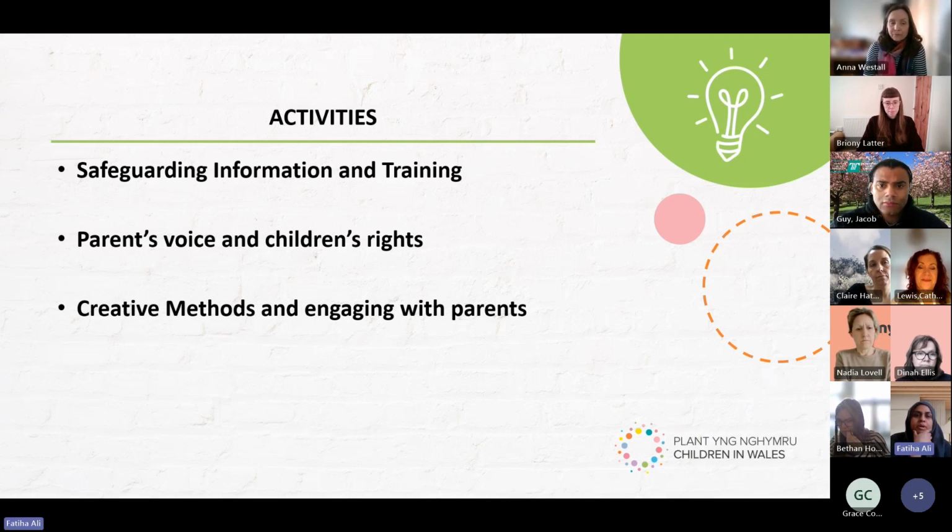So any thoughts about parents and children's rights? Because the other group did that as well, didn't they? Catherine, Jen and Emma did that as well, so that was group 4. Anybody from those two groups want to share? And Jenny was in that group, though I'm not sure if Jenny's still there. So, some feedback from what we were discussing in our group.